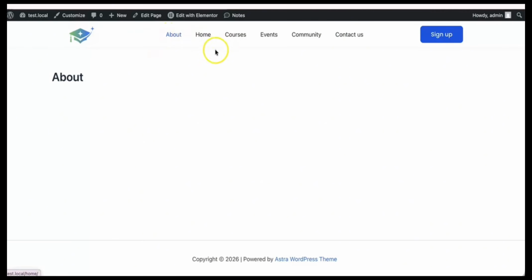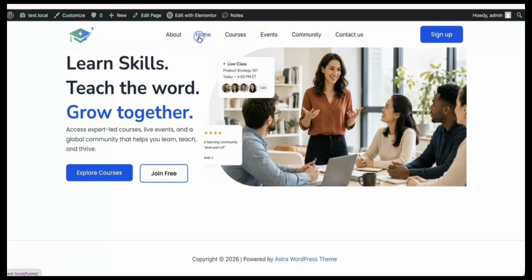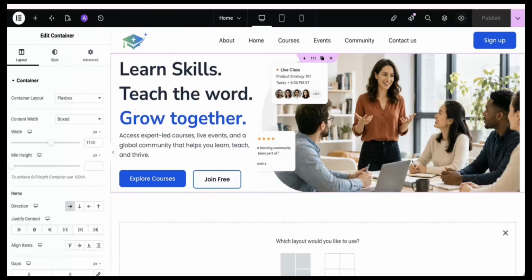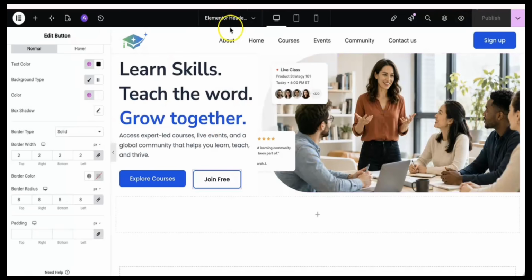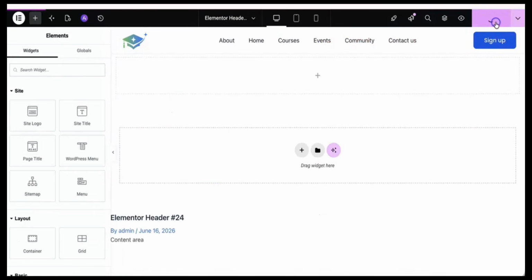You can see in the about page there is only the header, and when you go to contact us, here you will see only the header, not the hero section. The hero section is now only on the home page. So from the header page we will just delete this, publish,